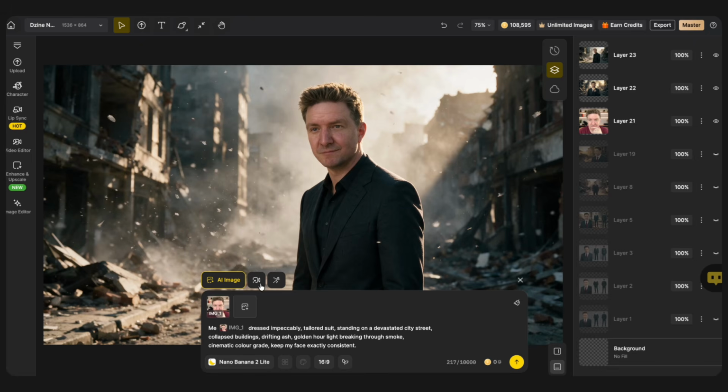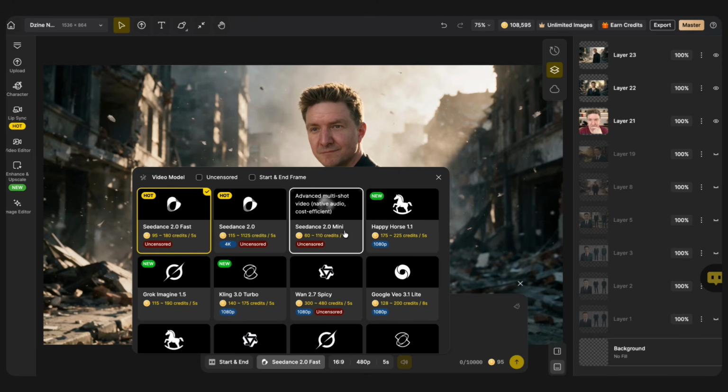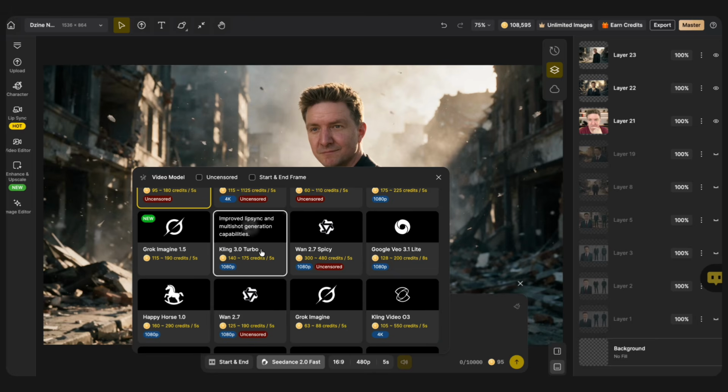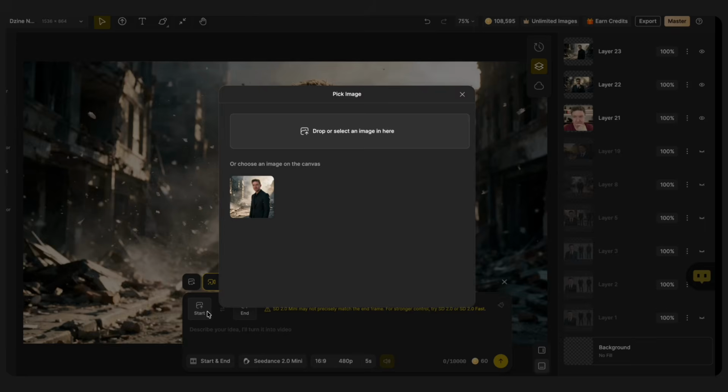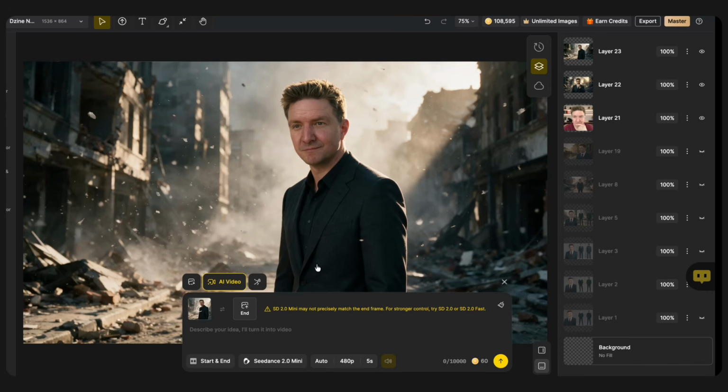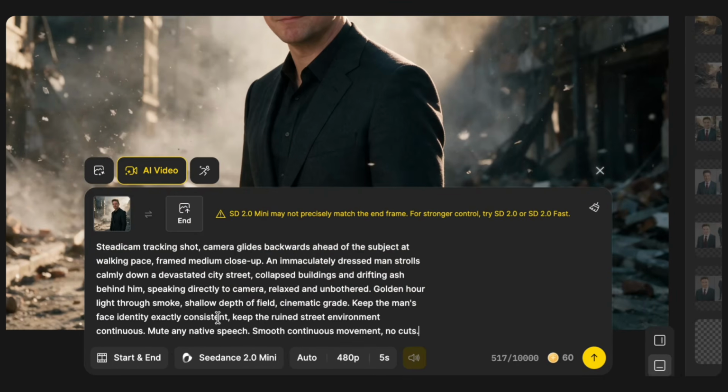I'm going to try out the new video models. We've got Seedance Mini 2, Happy Horse 1.1 and Kling 3 Turbo. So we're going to do all of these in start frame. So here we go. We'll go with this one here. And I'm going to give it this prompt: steady cam tracking shot, camera glides backwards ahead of the subject at walking pace, frame medium close up, and an immaculate dressed man strolls calmly down devastated street, collapsed buildings and drifting ash behind him, speaking directly to camera